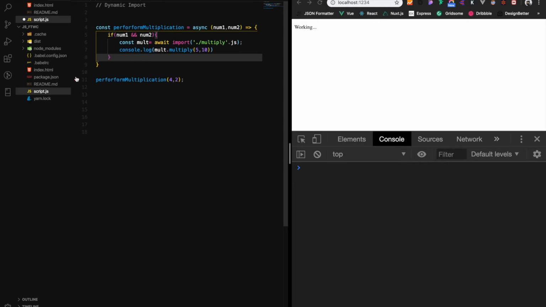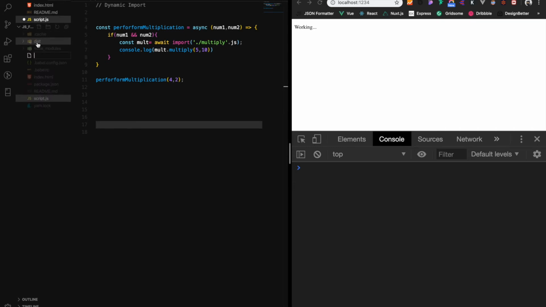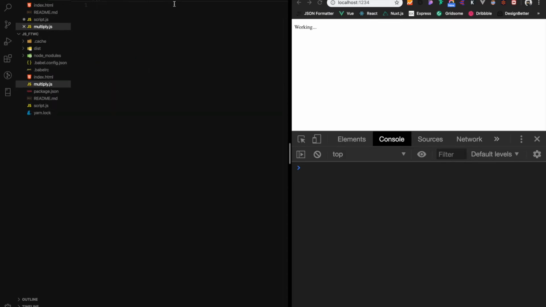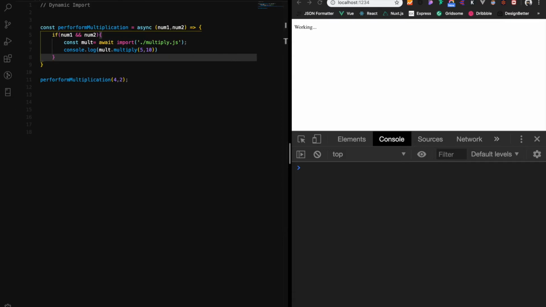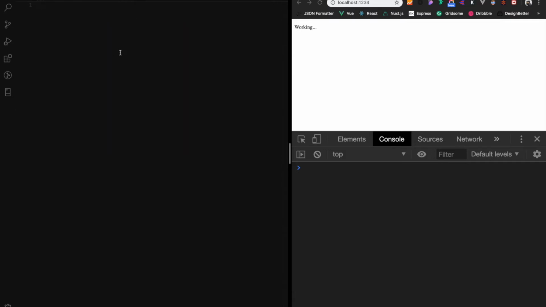So before executing our code, which we said doesn't work, we will go ahead and create another file called multiply.js. I think the file we wrote over here, it should be here. Yeah. So inside here we will make another constant, name it